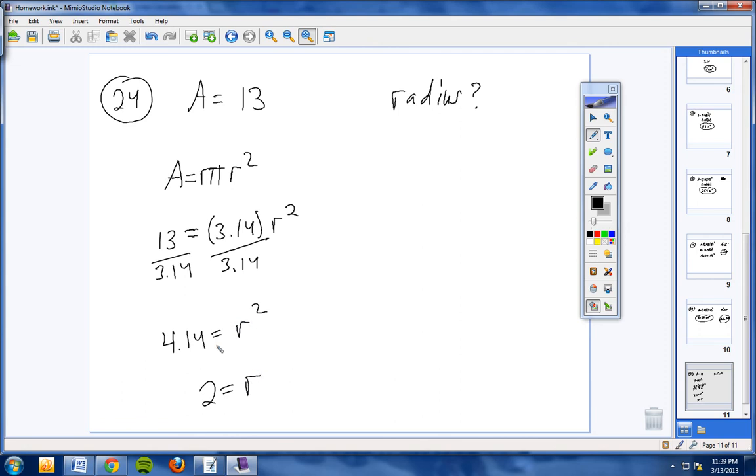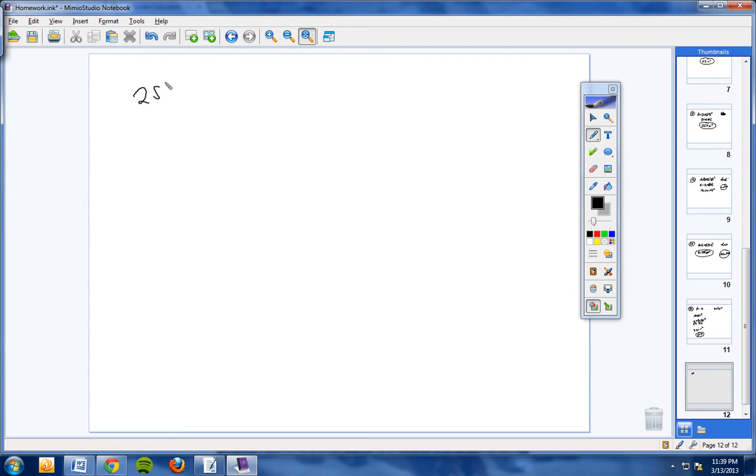I took the square root of one side and the square root of the other side, so the radius is 2. Let's try number 25. Okay, number 25, they give us